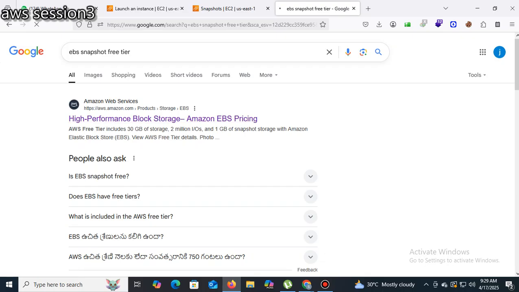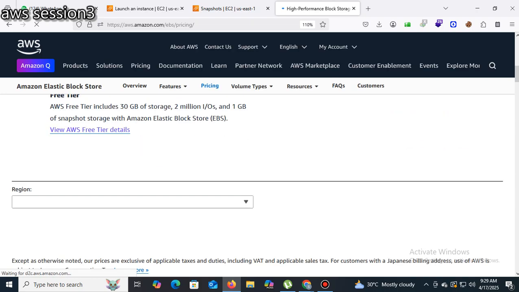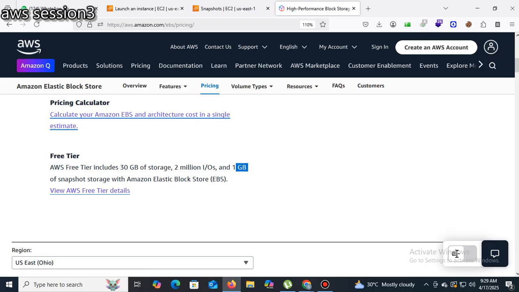Yes, 1 GB, sir. See this. You get 30 GB free storage and 1 GB of snapshot. Beyond 1 GB, you need to pay.